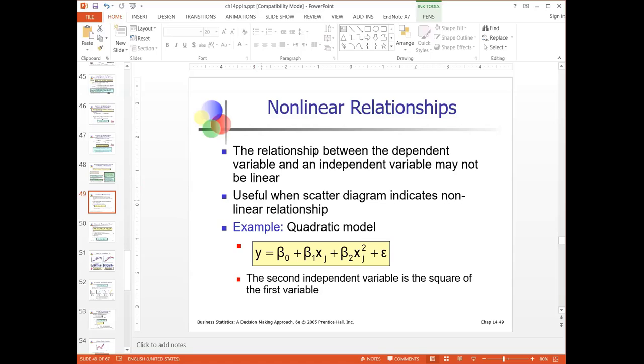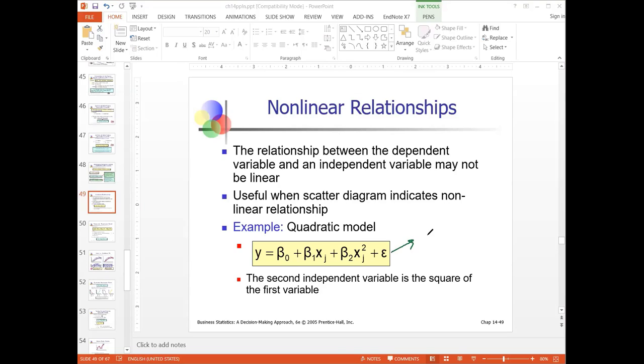The method that can be used to check if it is linear or not linear is the quadratic graphs or scatter plots. So if the regression is non-linear, what will happen? The regression will become y is equal to b0 plus b1 times that particular variable plus b2 times its square form. The second independent variable is the square of the first variable. This means that when you add a square of a particular variable, you are saying that that variable